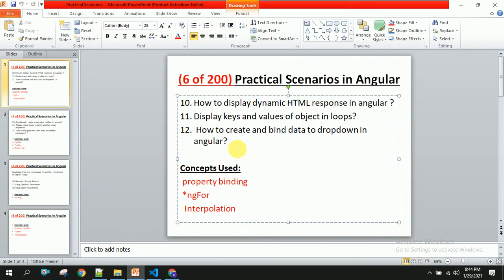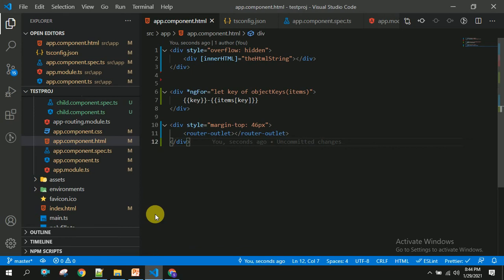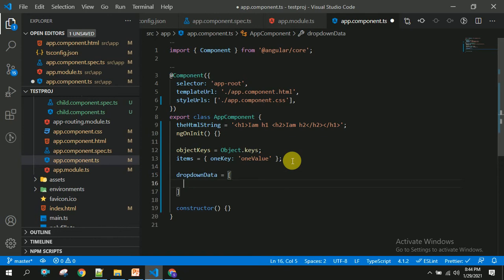So the next one we are going to do is how to create and bind data to a dropdown in Angular. For this I am going to the app.component.ts file. In my app.component.ts file I am going to write some static data, dropdownData equal to some array of objects.